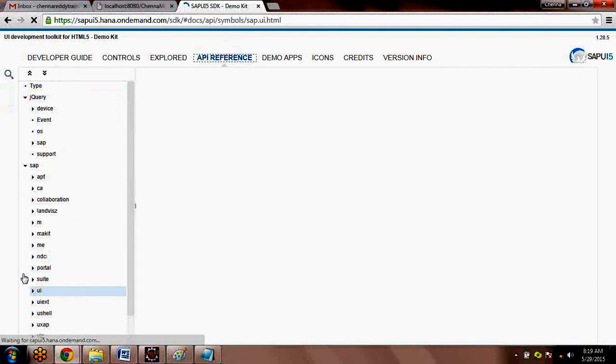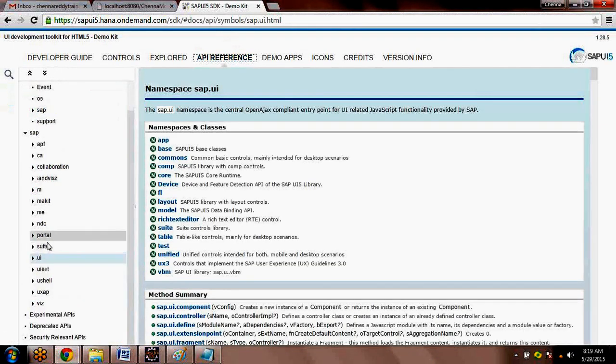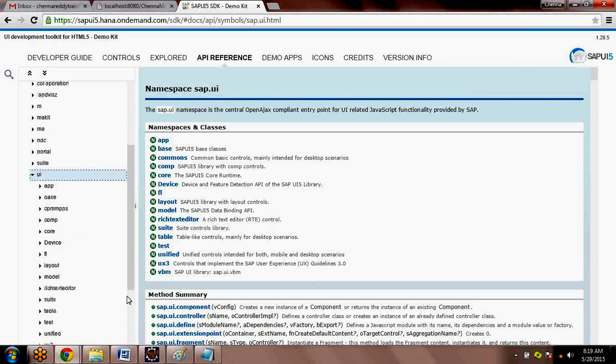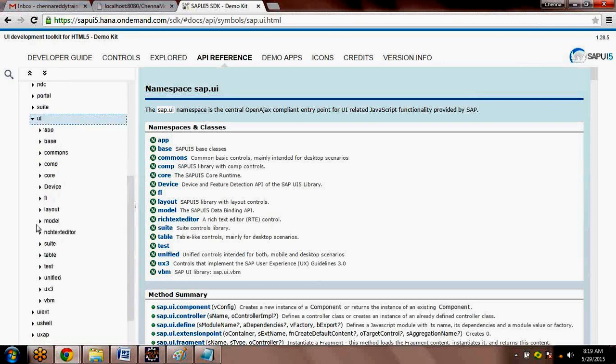Okay, so API reference. Now look here, sap.m. We are in sap.m. Or let's look at the model. sap.ui. There is something called model. Inside of it there is something called JSONModel.